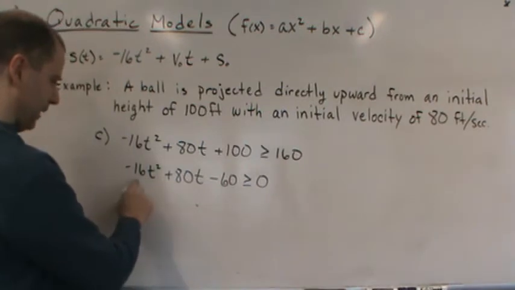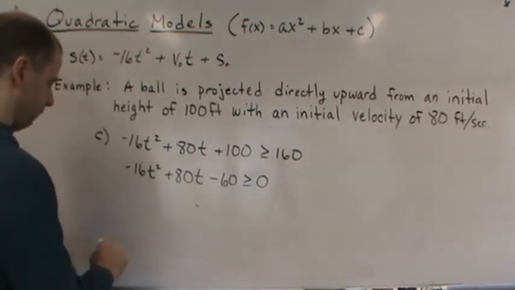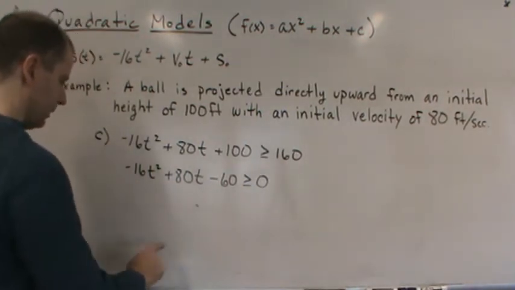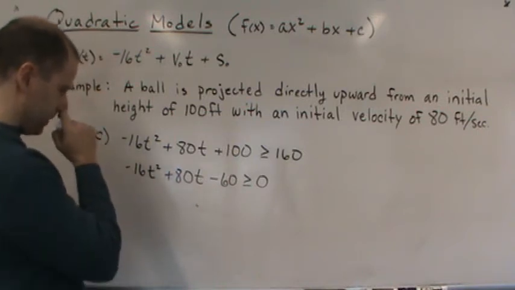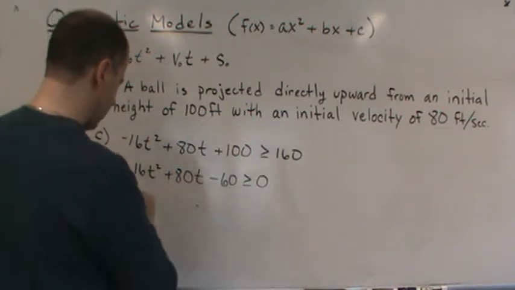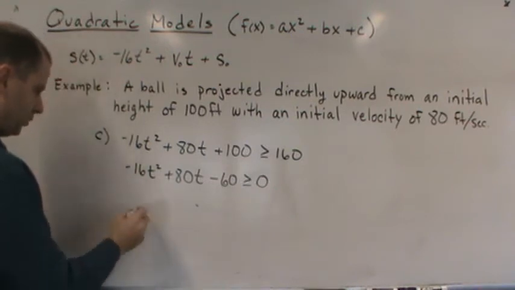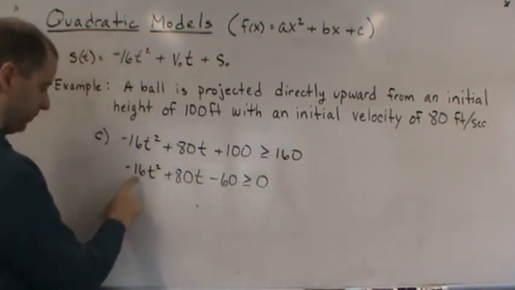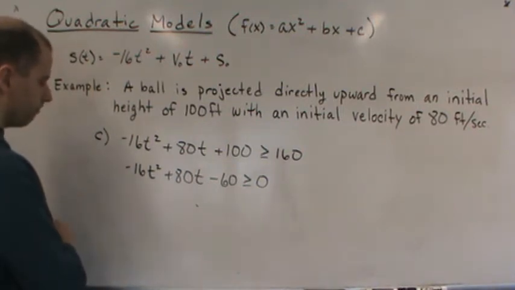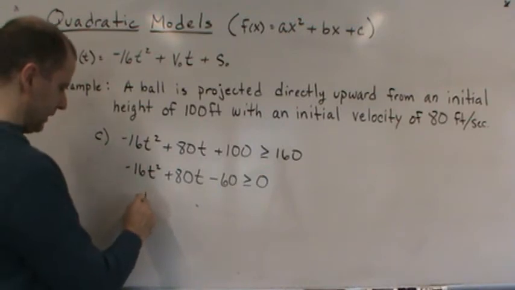This and this, I believe it's all divisible by 16. Let's see. Yes, I believe it's all divisible by 16. Yeah, I think it is. So what I'm going to do is divide by negative 16, okay, to make this positive. So I'm going to get t squared